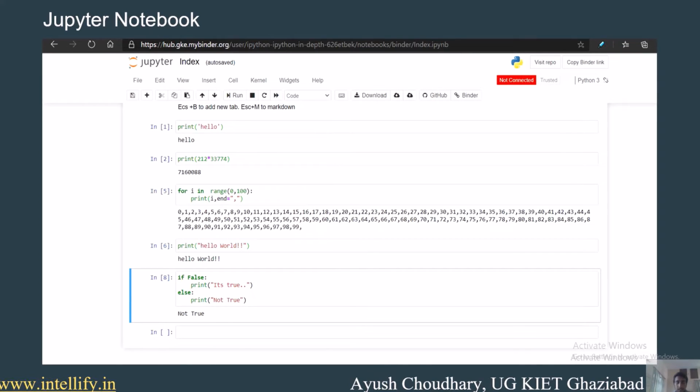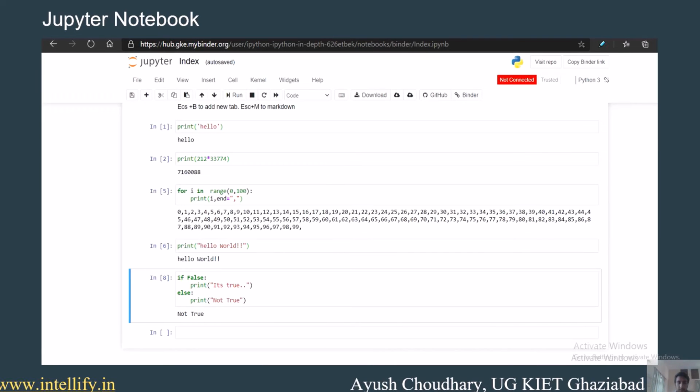Second, it is server based, so no processing power of your system is required, only a good internet bandwidth. Here I have just used print hello. What you can do is type the command in the cell and press Shift Enter, and it will execute.